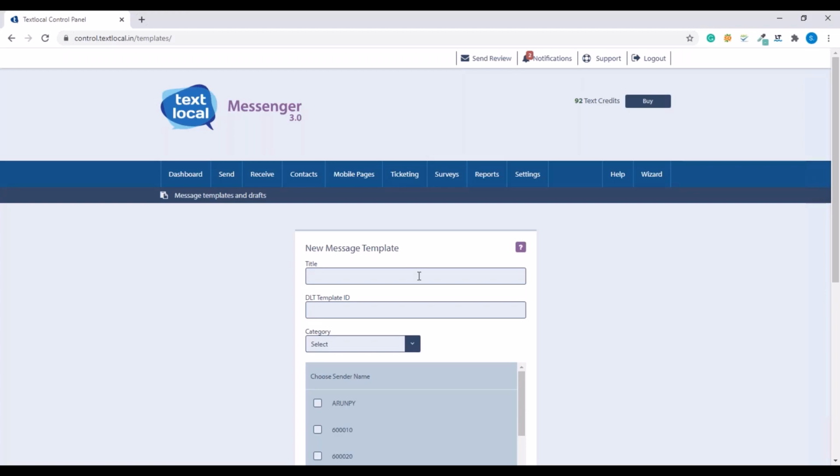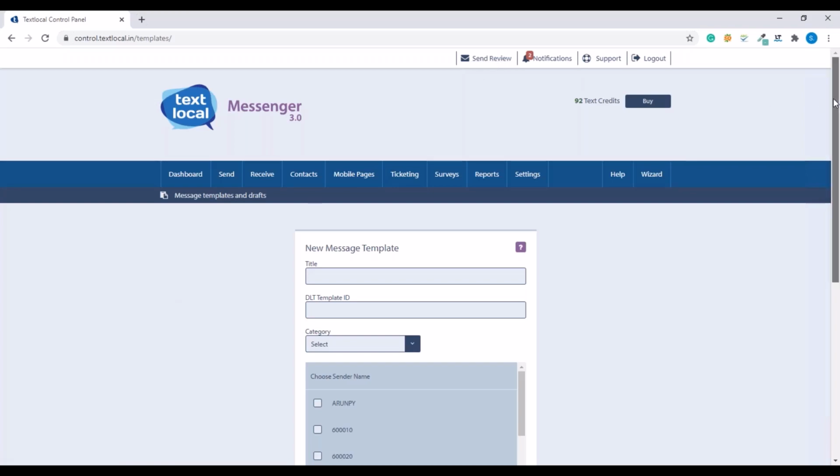The thing is to add a template, so you can find this later from the drop down while sending the message. The DLT template ID. The DLT template ID is a 20-digit DLT template ID that you would find in your portals after the content template has been approved. This is a mandatory field that has to be passed once the next phase goes live. So please ensure that you enter your DLT template ID here.